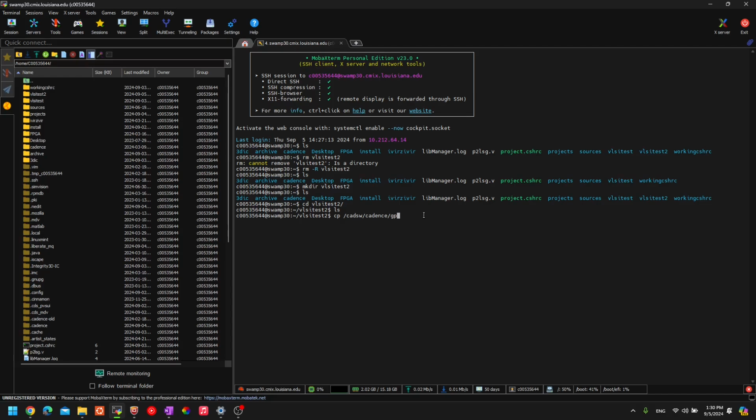Cadence, WGPDK, and then you got att21885.cshrc. So copy this inside your directory. So you type in this directory and then type a dot after putting a blank in between. This will copy that file inside your directory. So the next step is to